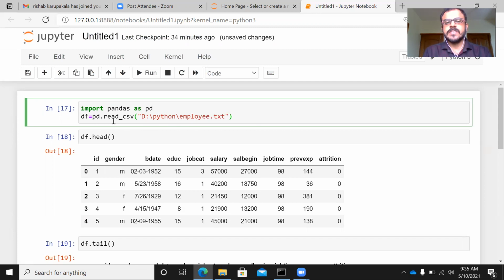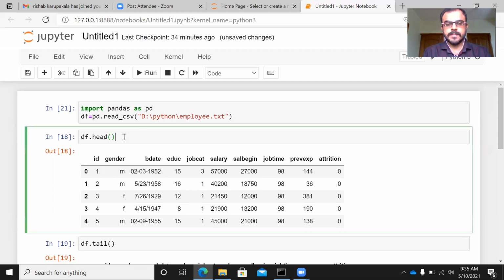As you can see here, I'm just typing the location of the file and the file name. Let me just go ahead and execute this. It has executed successfully. It is not displaying any error. With df.head, I will be able to get the first 5 rows. As you can see here, read_csv is a very user-friendly, very simple function to read any CSV file.